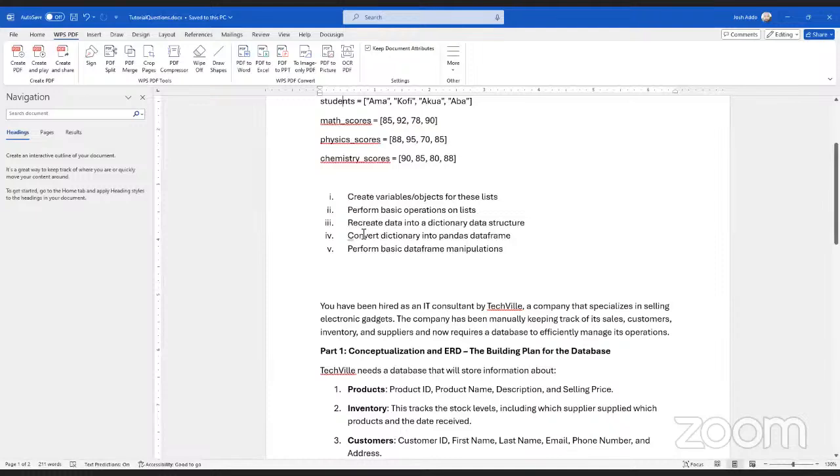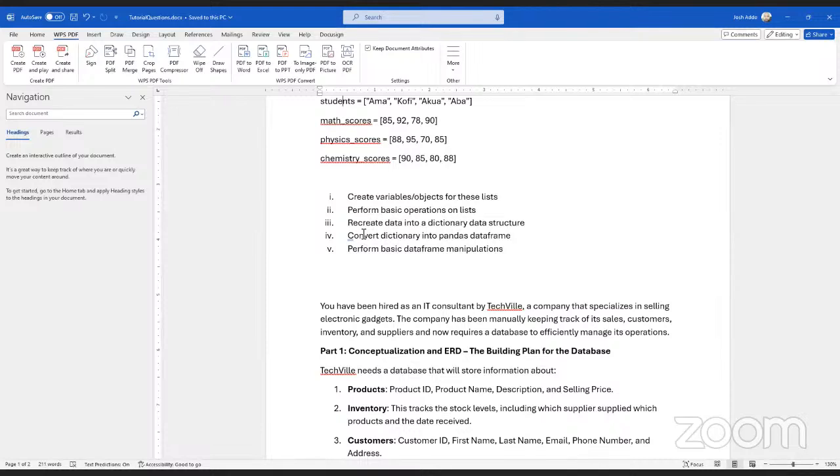We can do some data manipulations using the dictionary data structure, but it is not rich. That data structure is not rich in methods and mechanisms that can help us analyze data in a deep sense.